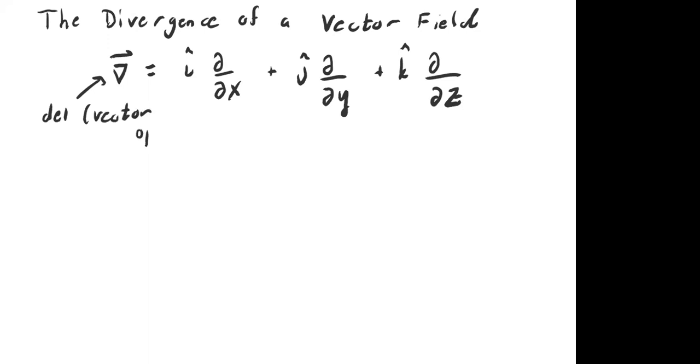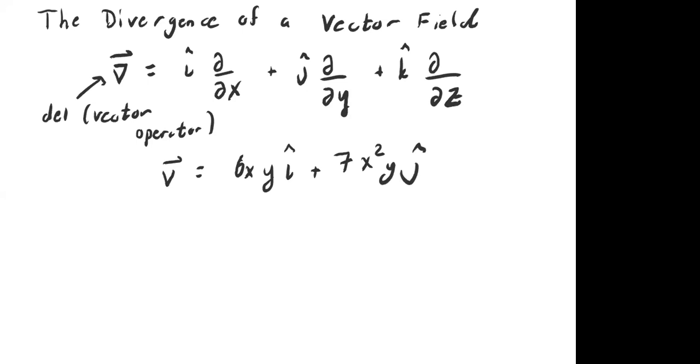That's why I call it an operator. It's a vector operator. V is a vector. It has components. And so for this example, 6yx i hat plus 7x squared y j hat. So if I want to calculate the divergence of the vector field V, that's the same thing as taking del and taking its dot product with V,